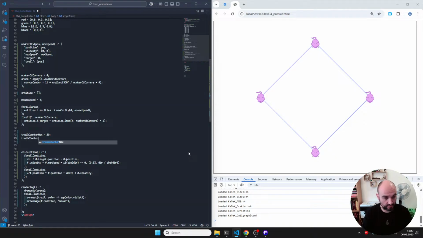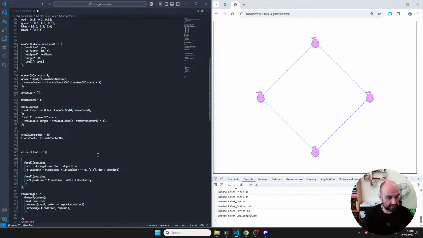Trail counter is trail counter max, and then in calculation, trail counter is trail counter -1,